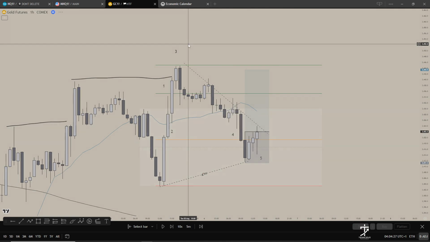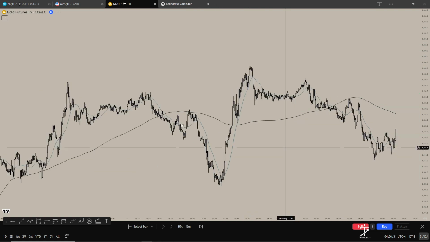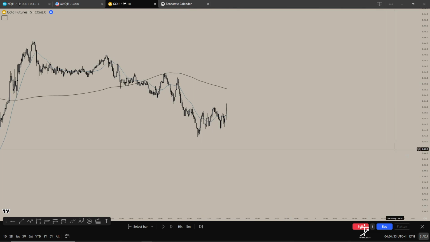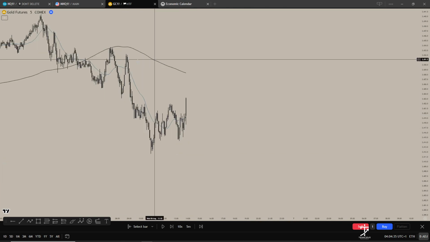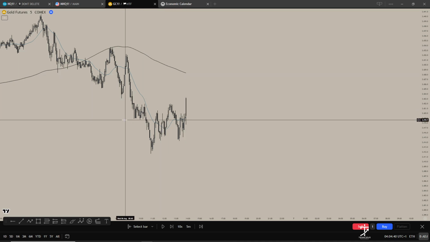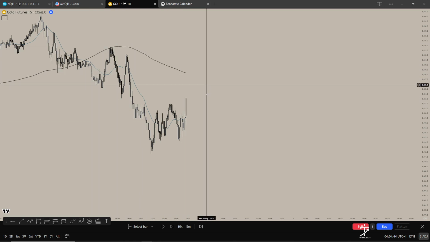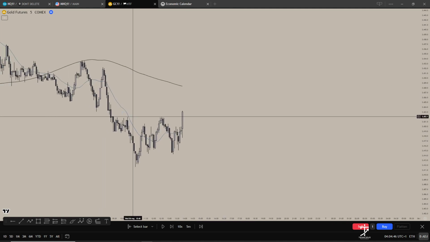So when we go down to our 5 minute, let me just clear my charts. We can see that price is actually below the SMAs. So if I want to take a trade higher, I have to wait for price to flip. I can't just try and force the trade. You know, the SMA telling me that price is bearish, and if I'm looking at things from a